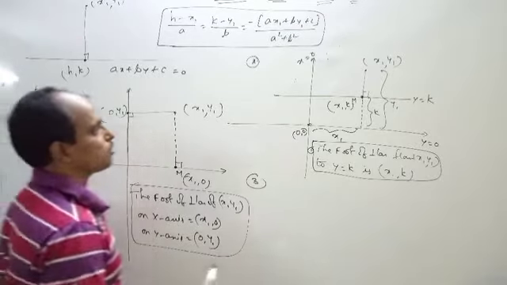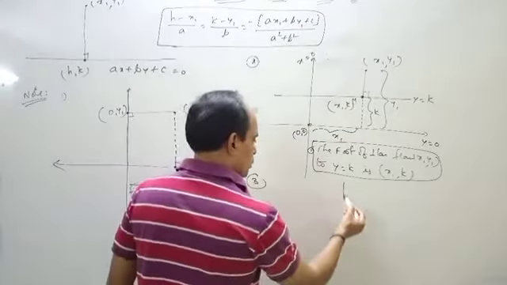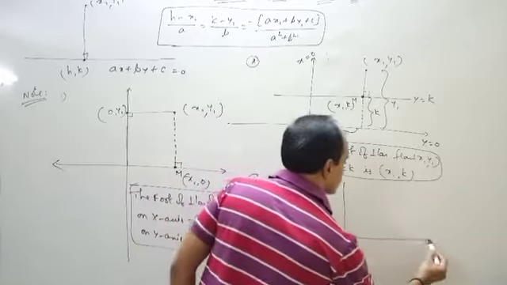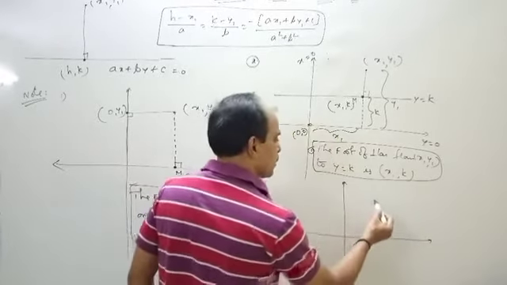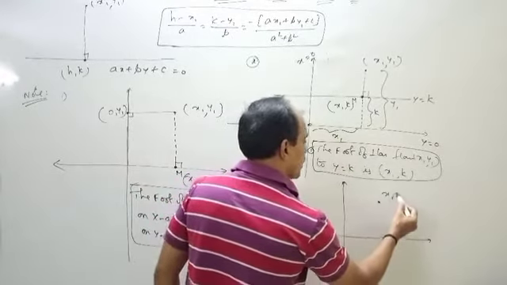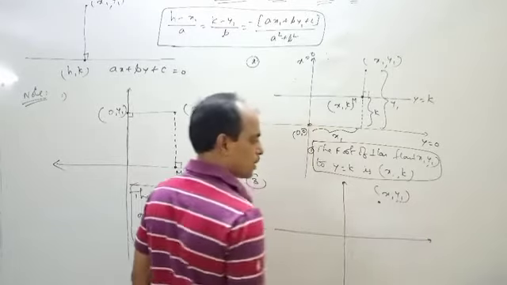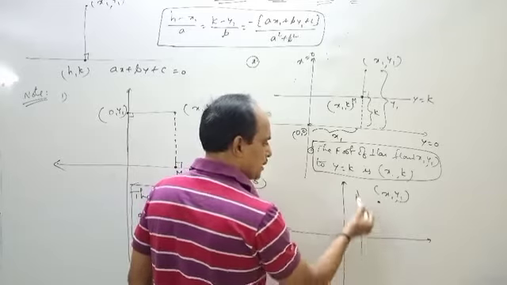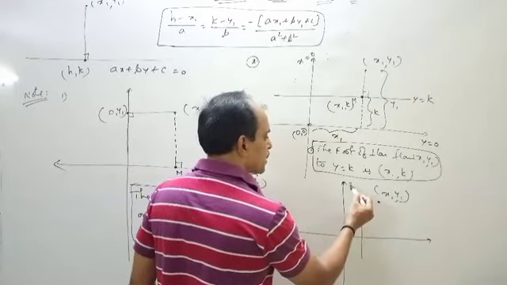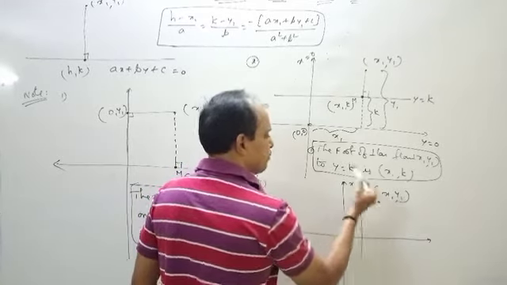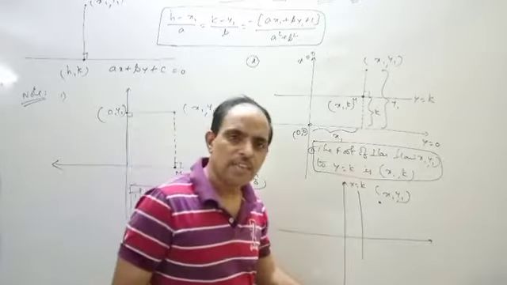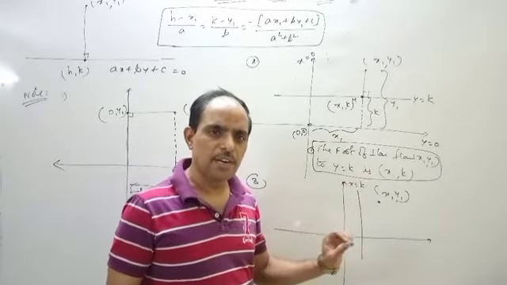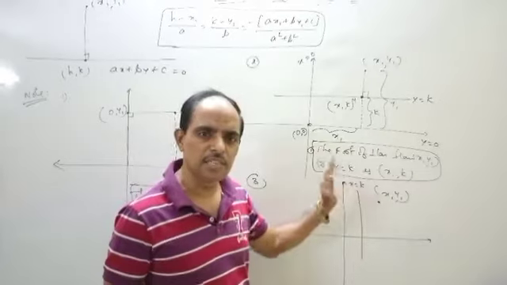Okay? Now the point is, now this will be the axis, x-axis and y-axis. Here is one point x1 comma y1. Okay? And taking this is a line. What about this line? I am assuming that line is x is equal to some k. This is a line parallel to y-axis, and its equation is x is equal to k.